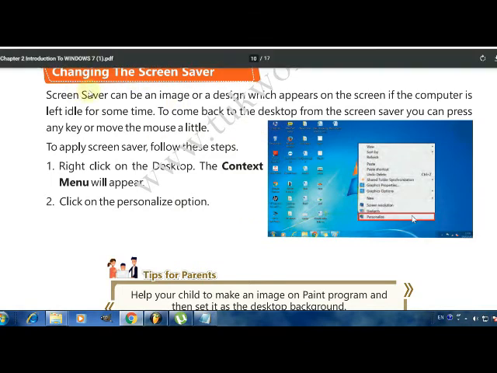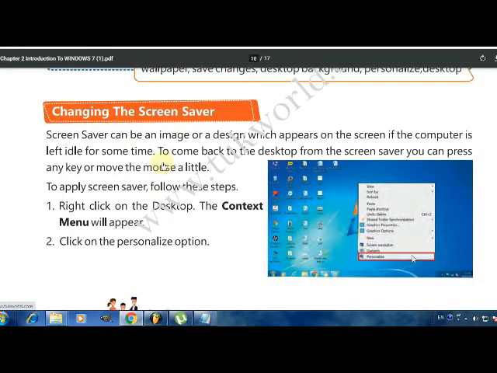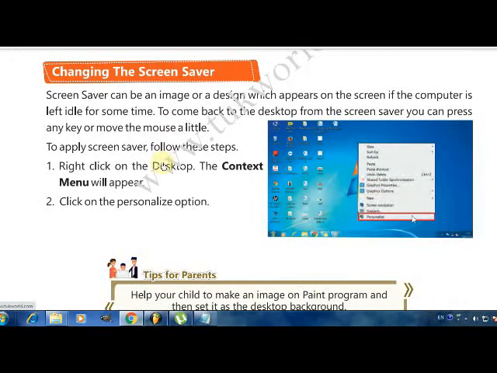Then you can use this feature of the Windows operating system. It will help you to save the energy or electricity which is consumed in idle time by the monitor. So let's see how to change the screensaver.